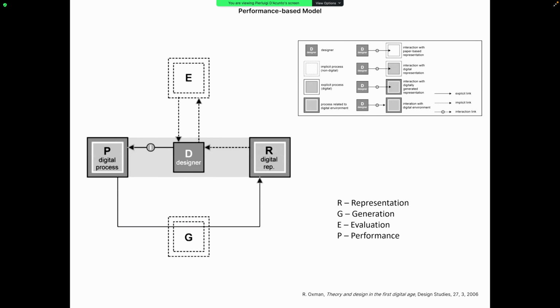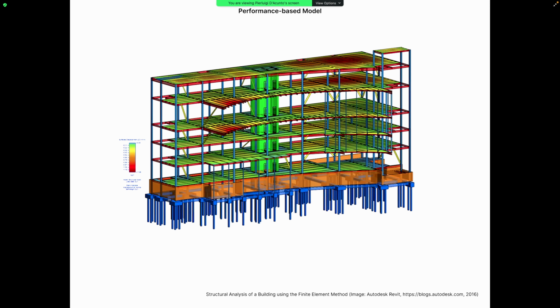Another quite relevant design model, especially from the point of view of structural design, is the so-called performance-based model. In this case, the machine is also used to run certain performance evaluations, and this is used as feedback for the designer in order to adjust the design itself. Here, for example, we see a typical finite element model that is used to evaluate and analyze given structures. Obviously, also in this case, the interaction between the human and the machine is quite limited,